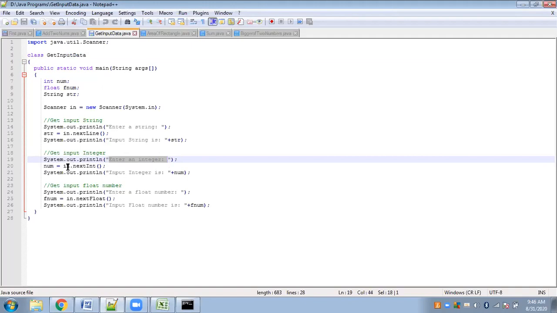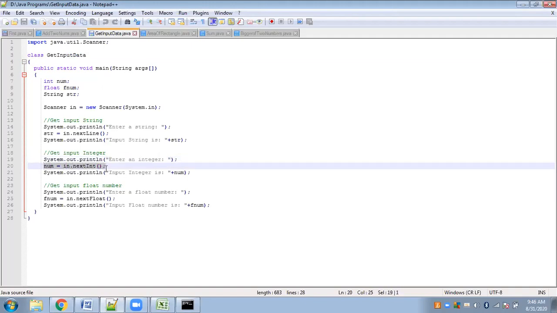So how will it work now? How will you provide the input using this statement? You see here, num is the integer variable. You are to provide input. You are to initialize this variable, you are to assign some value to this variable num. So for that, how will you do it? You have to make use of the nextInt method, which will read integer values from the user. And how do we access this method? By using the object that has been created already.